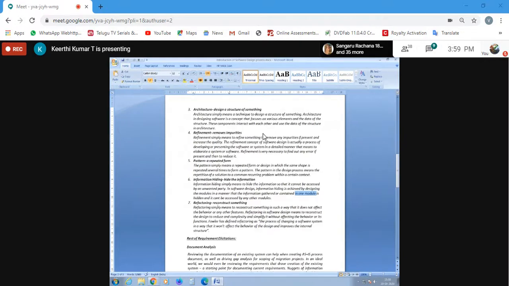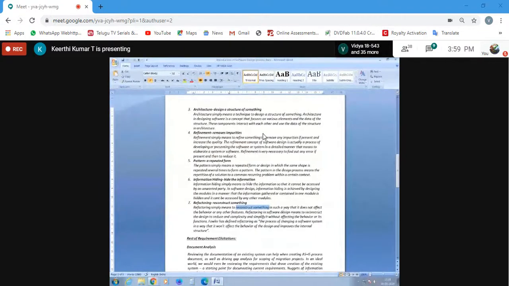Okay. And then comes refactoring, reconstruct something. Refactoring means to construct something in such a way that it does not affect the behavior of other features. It's a little bit the same as what I've discussed before. Why do you want to reconstruct?